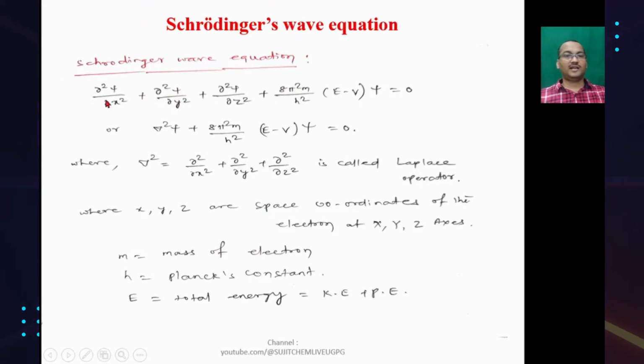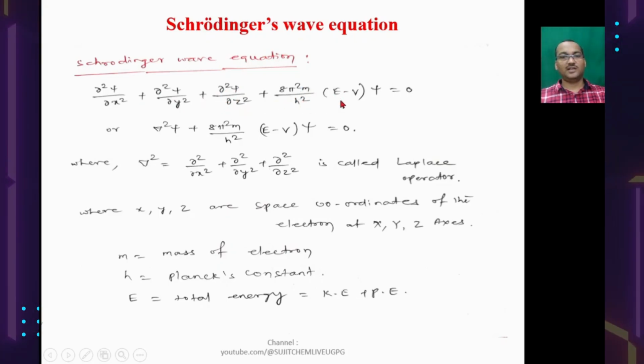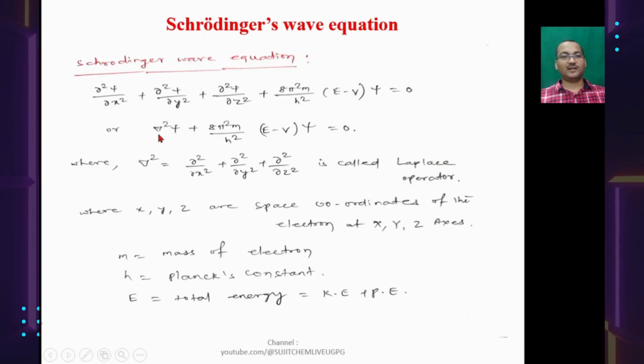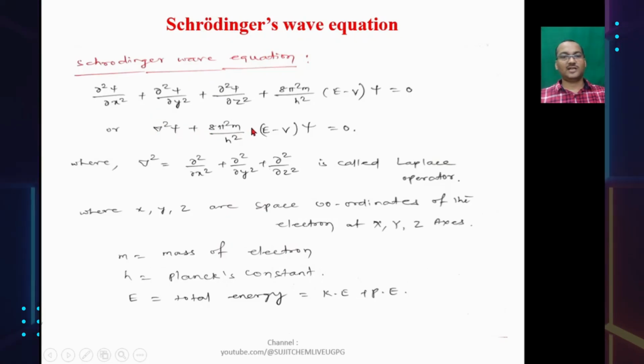Here you can see in three Cartesian coordinates: del square psi upon del x square plus del square psi upon del y square plus del square psi upon del z square plus 8 pi square m upon h square into E minus V psi equal to 0. Or we can write in terms of del square: del square psi plus 8 pi square m upon h square into E minus V psi equal to 0. Here del square equal to del square upon del x square plus del square upon del y square plus del square upon del z square, that is called the Laplace operator, where x, y and z are space coordinates of the electron